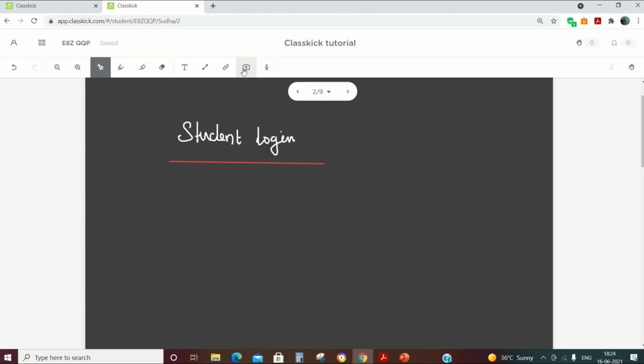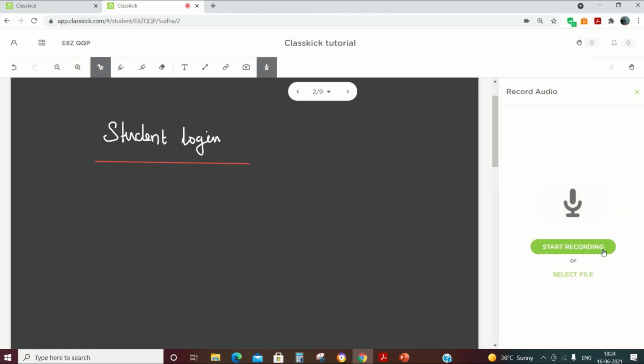So if they want to upload their work using a mobile, it is very easy, directly, just like how we upload in WhatsApp, we can upload the images here. Or if you are using a computer, you can just upload it from the computer, and using the camera you will be able to directly upload it. And if it is an audio test, you can just use this audio option and start recording, and it will be automatically submitted. Let me just show you how we are going to start recording.